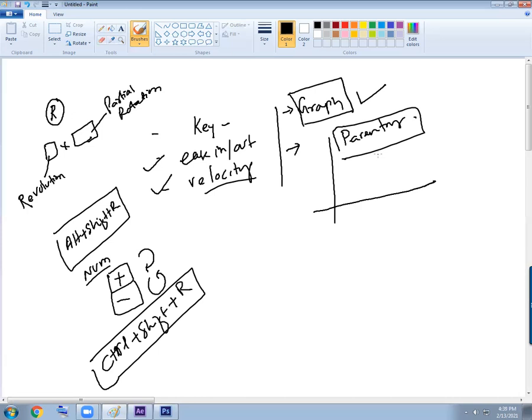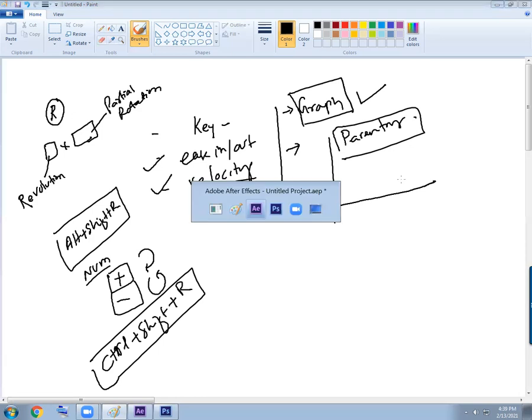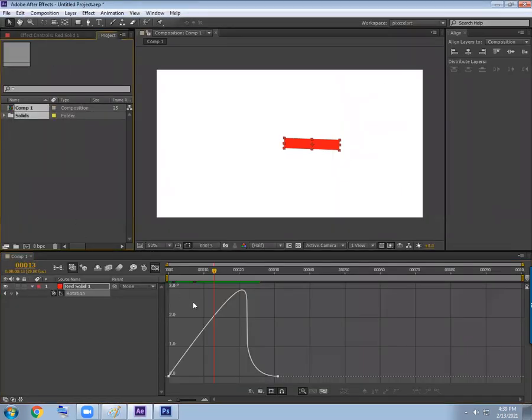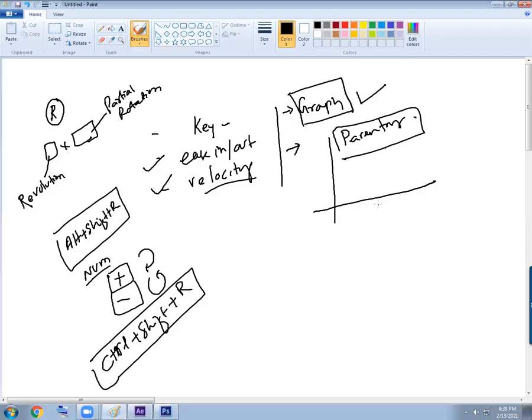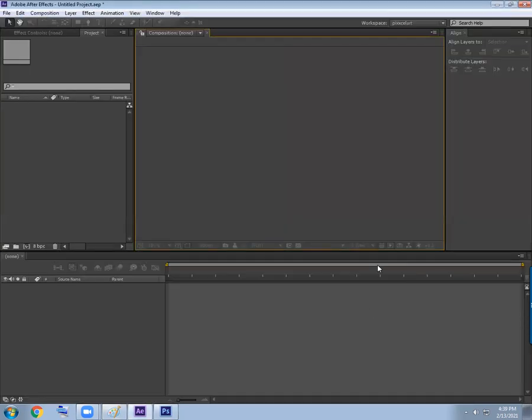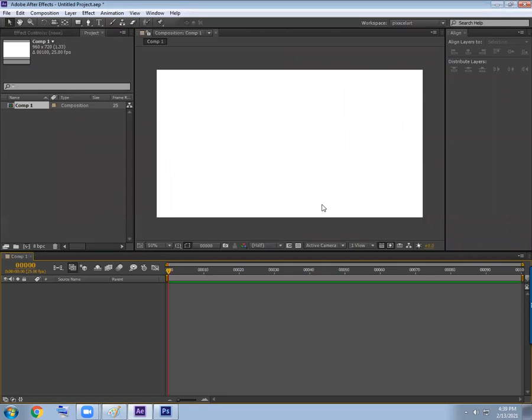Now, whenever a complex animation comes, if one has to follow, the other has to go together, then switch to parent and child relationship. Now we'll see how to generate the parent and child relationship in After Effects. Is it clear now? Catch the screen now. So you can find out the more you go in depth, the more strain. Next level is there. Next strain is there. Control N.